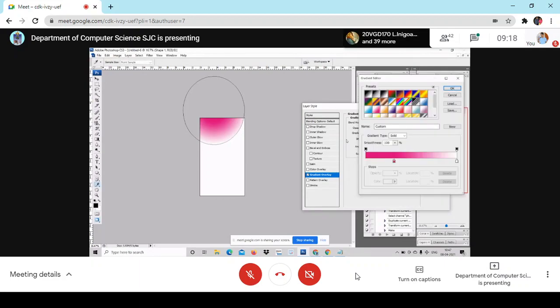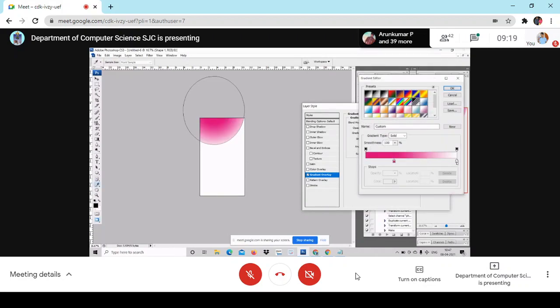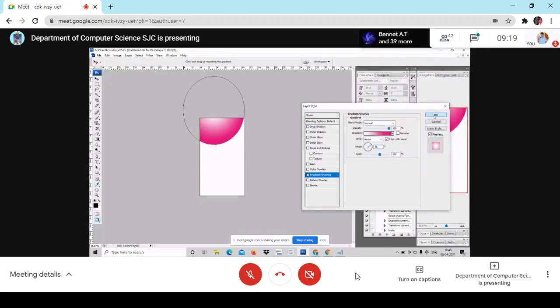See, I've chosen the color. The angle also can be chosen. So I want to have a radial, with this inner and this outer. See, I have it.